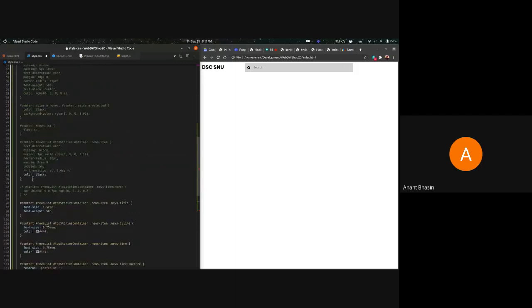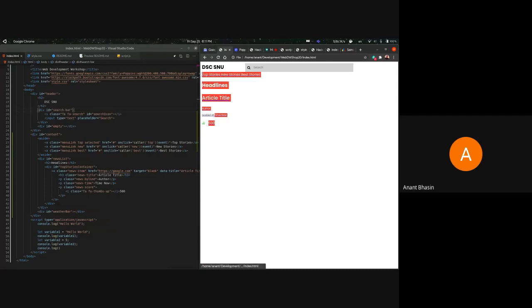There's some issue. Perfect. Now if I reload it, you can see that this is the part that was added. Now Ishit, you want to discuss this?